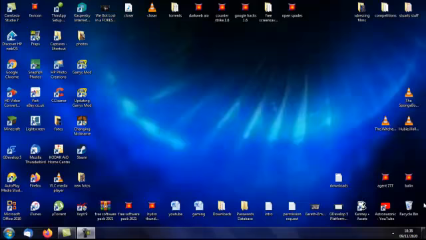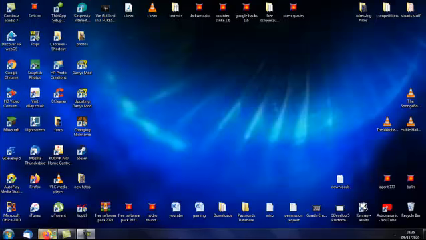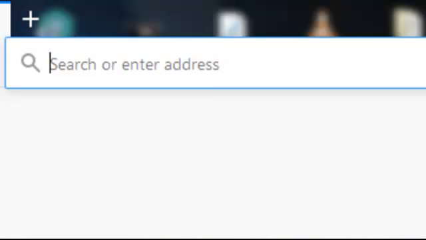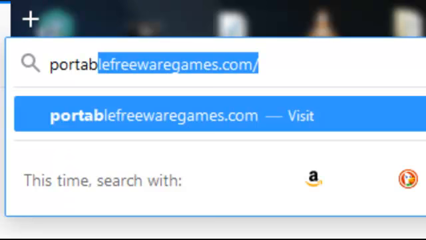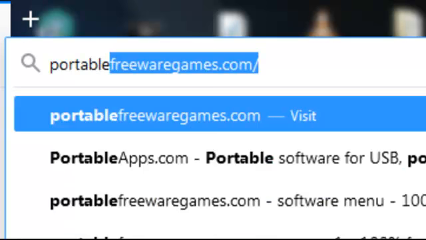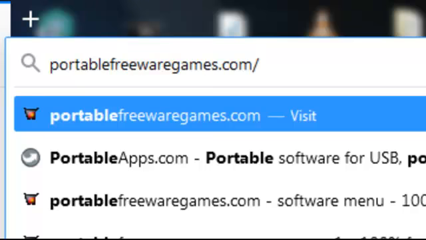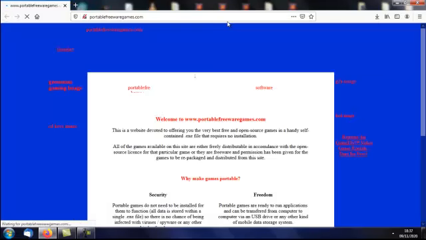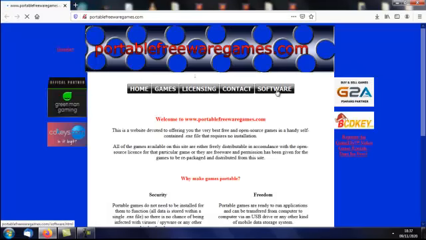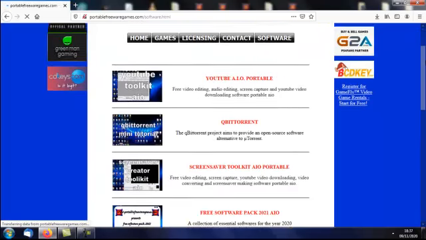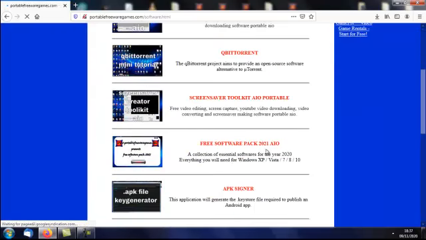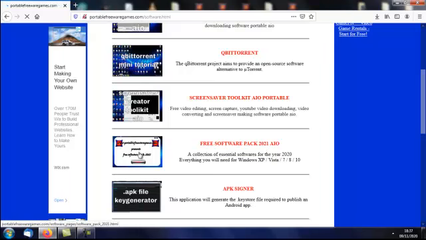And now we're going to download the .rar version of this piece of software. So if you go to your browser, you type in portablefreewaregames.com, and when you've got the software option, scroll down to the 4th option, Free Software Pack 2021 AIO, click on that wee image,